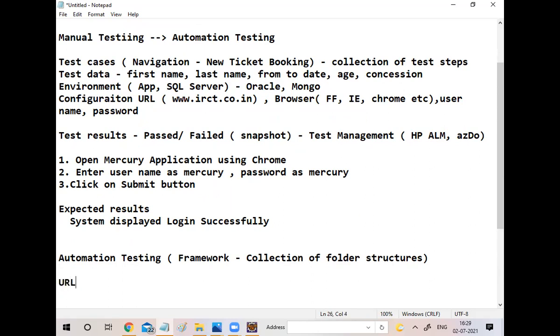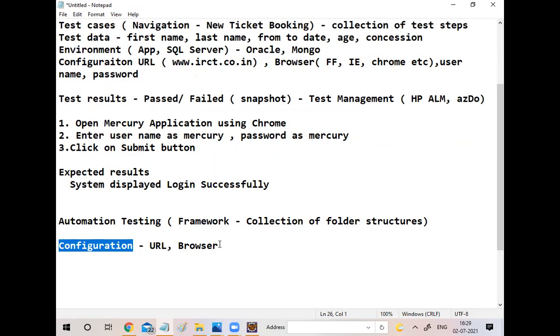We have to open the URL first. And we need a browser also, right? So browser and URL, can we call this the configuration? Yes, correct. We need to create one folder, configuration.